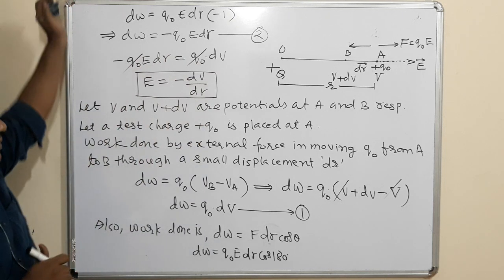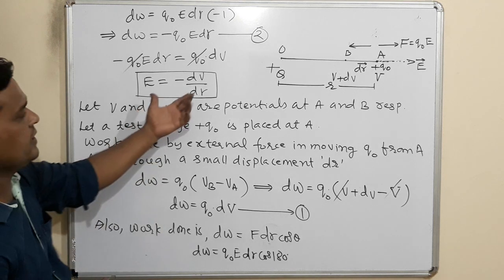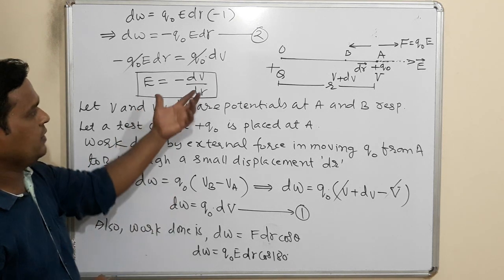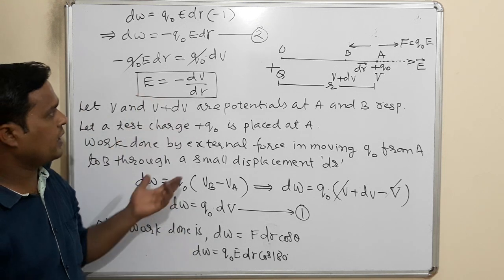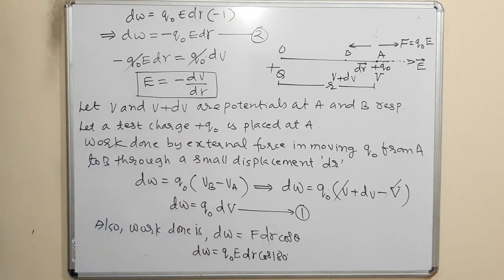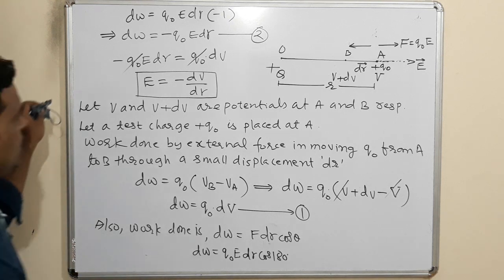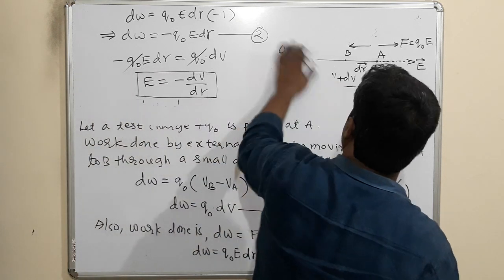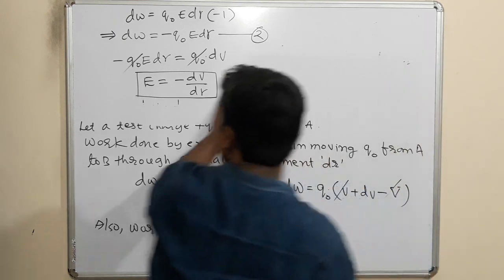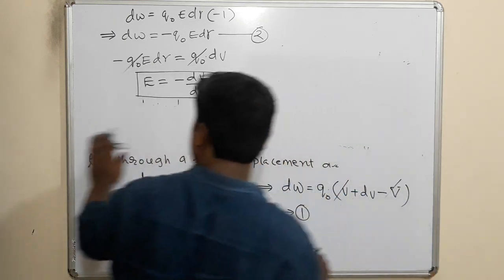Okay? Make a note of this. We'll discuss the cases and we'll see what is the use of this relation and what this negative sign means. All the points we'll note down before solving the examples. Okay? Make a note of this. Note it down. Let us discuss this relation: what is this relation meant for and how it is used in solving problems.